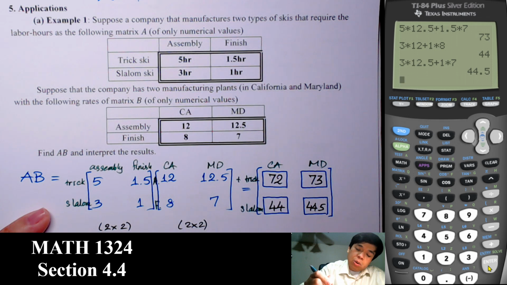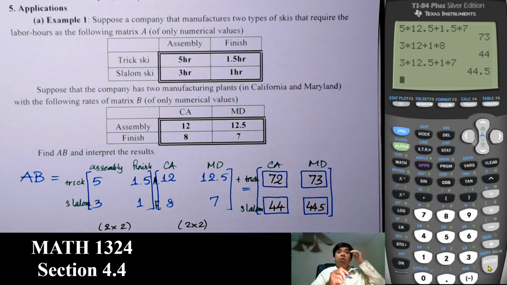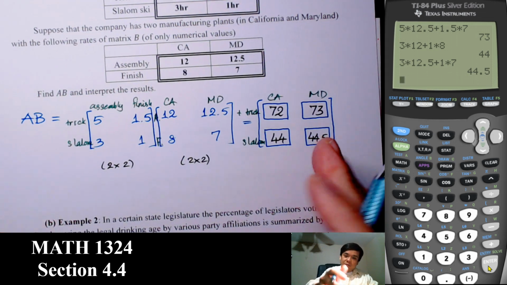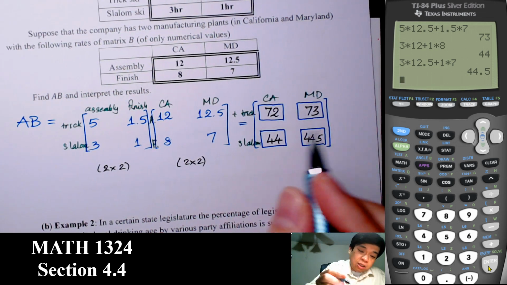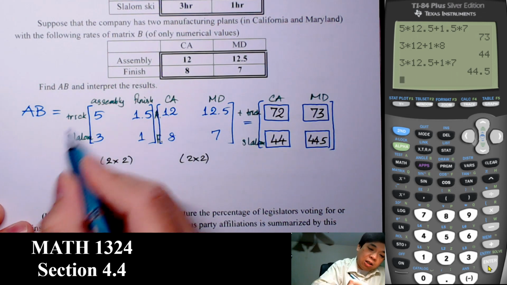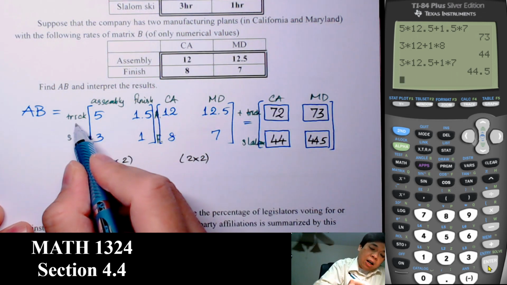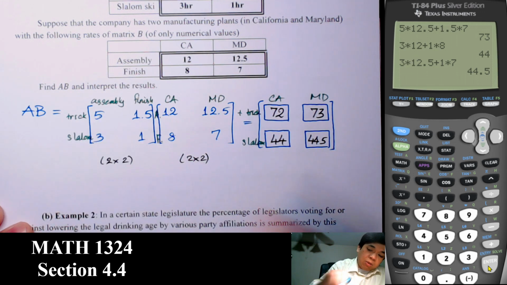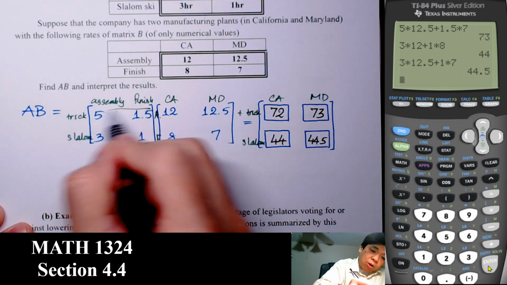Right. So we say that the Twix key, if it is all produced at California, the cost is going to be 72, and the Twix key produced at Maryland will be 73. Assembly and finish kind of simplified out, but of course not cancel in a sense. So for example, if we just pick one, if we take this row times this